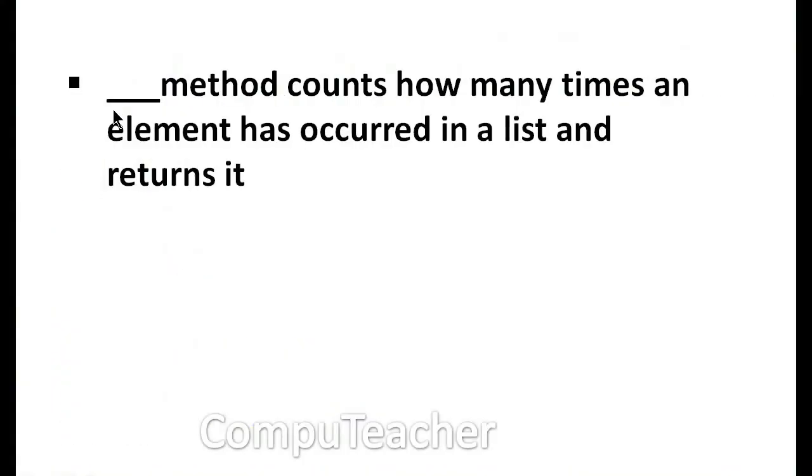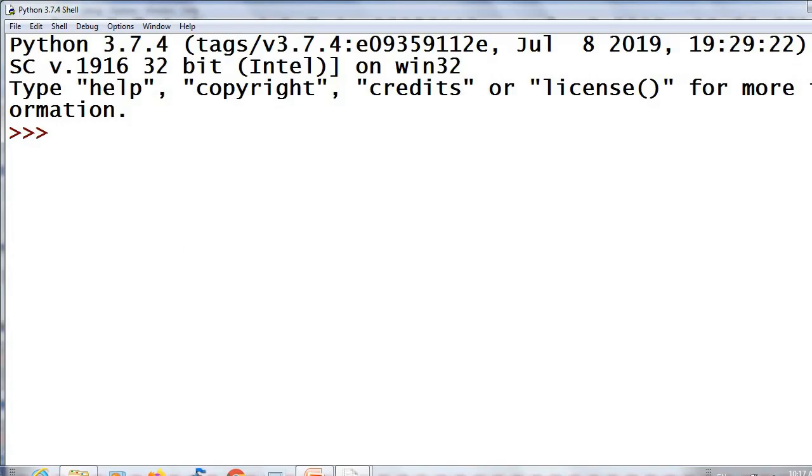Next one. Dash method counts how many times an element has occurred in a list and returns it. That is the frequency of an item in a list. Answer is count. A equal to [2, 3, 2, 4, 5, 3, 2].